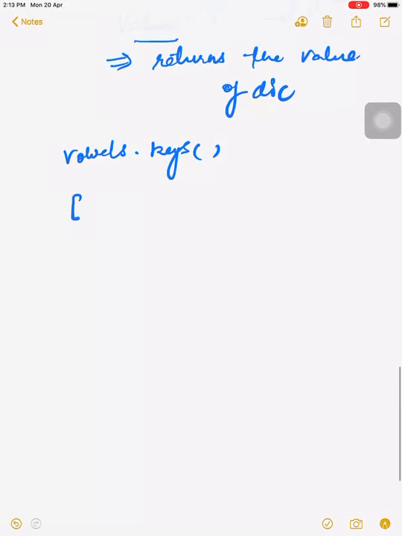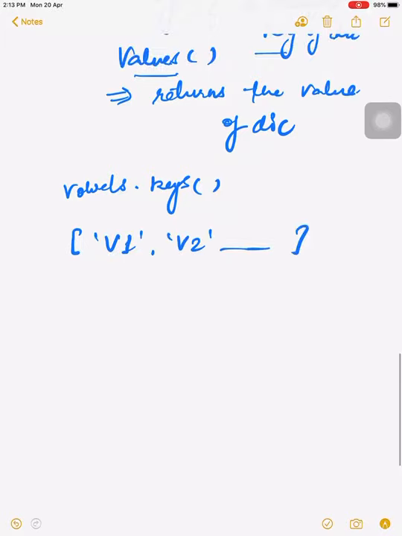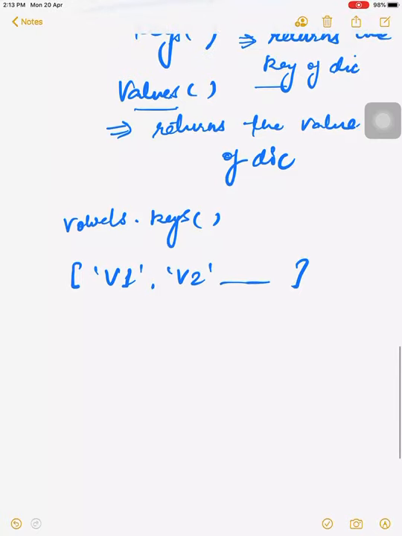Vowels dot keys, then what will be the output? The output will be only all the keys, like V1, V2, V3, V4, V5. We will receive a list. It will always come in list form: V1, then V2 and so on.